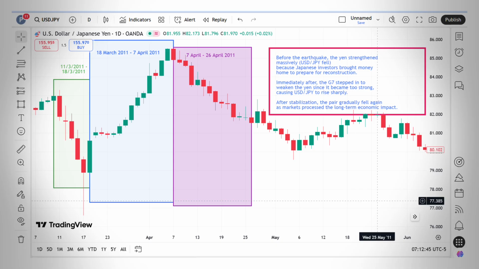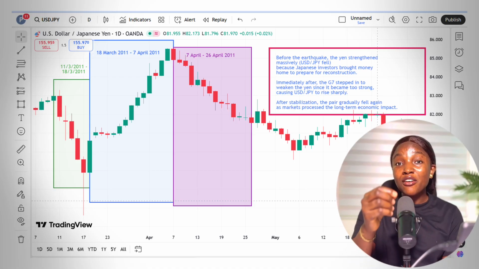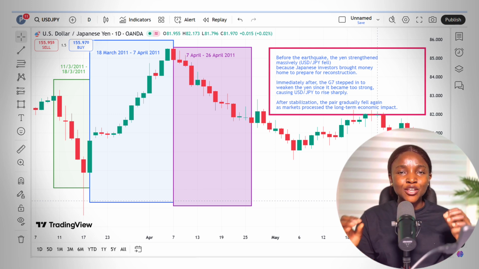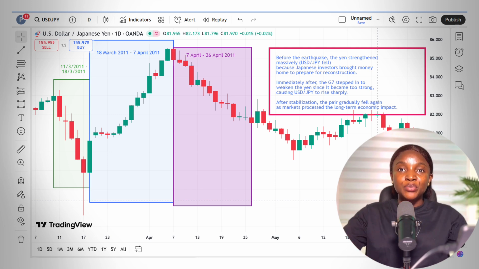However, after this temporary increase, there was also a great economic slowdown and weakening in the value of the yen, and that was because of the cost of reconstruction and the fact that some businesses had to pause until they were able to rebuild their buildings and infrastructure before they continued. So natural disasters affect the value of a currency in different ways depending on whether that natural disaster is causing long-term or short-term damage.